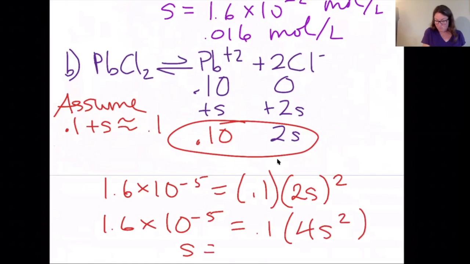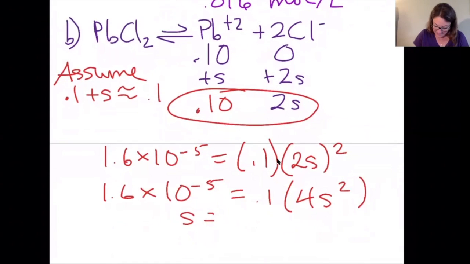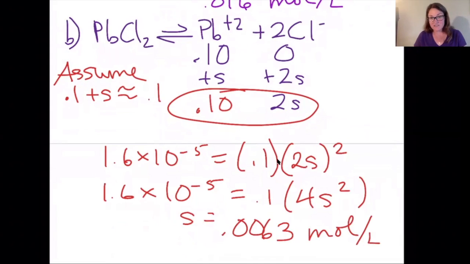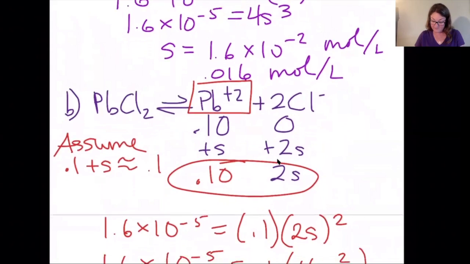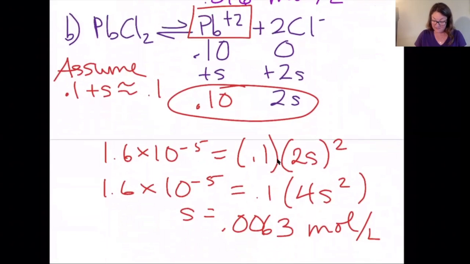Solving for S, 1.6 times 10 to the negative fifth, I'm going to divide by 0.4, and I'm going to square root my answer, and I get S to be 0.0063 moles per liter. And as predicted, when I have a common ion, in this case, the common ion is lead 2+, it's going to be less soluble,